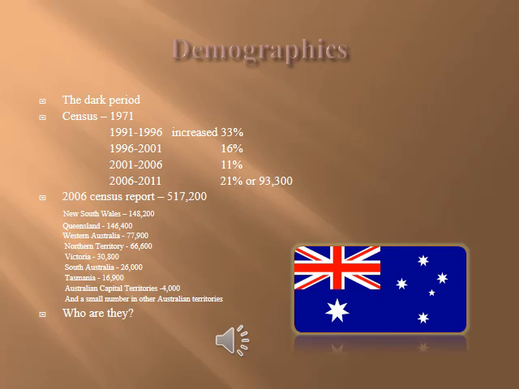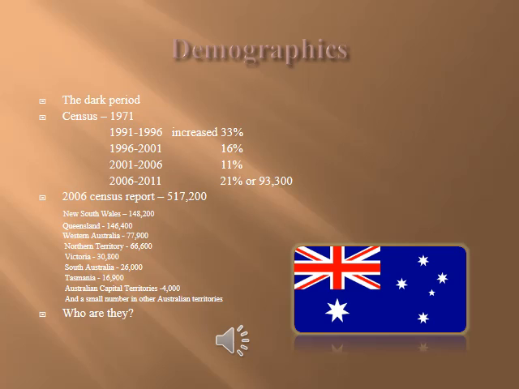They were first counted as people in the 1971 census. Since that time, the census has shown an increase in the population. Between 1991 and 1996, there was a 33% increase recorded in the numbers of Indigenous people. Between 1996 and 2001, there was a 16% increase. Between 2001 and 2006, an 11% increase. 2006 to 2011, there was a 21% increase,